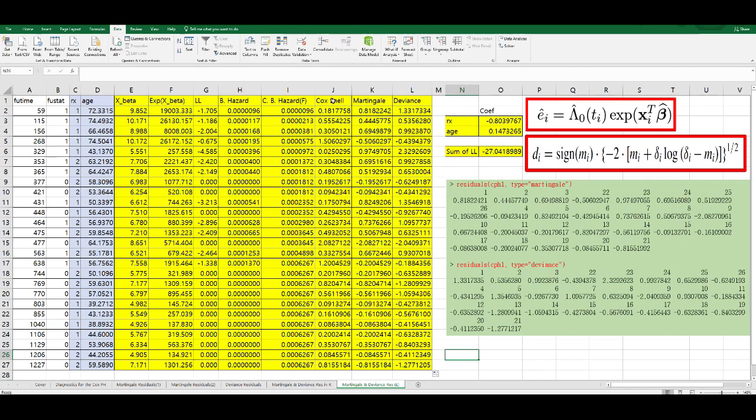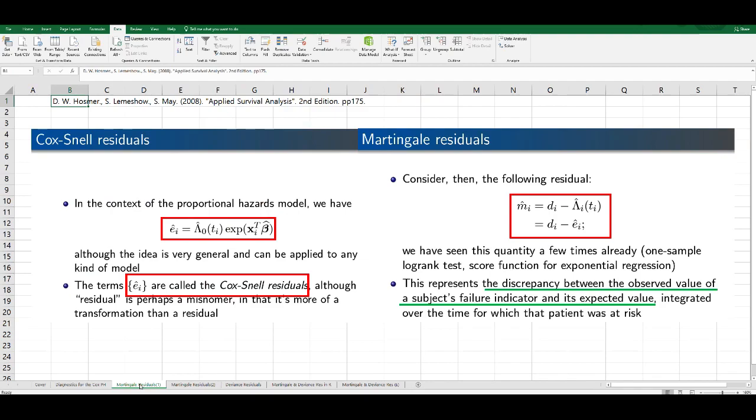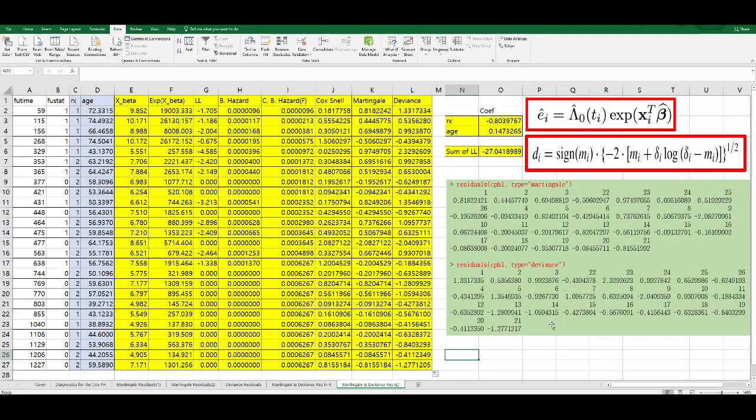So I showed you how to get the martingale residual and deviance residual in Excel. So in summary, the martingale residual is the difference between the observed value of the subject's failure indicator and its expected value. So the martingale residual is 1 minus Cox-Snell, and the deviance residual is to make the martingale residual symmetric, to have a symmetric distribution, right? I hope it was useful to understand how to calculate martingale residuals and deviance residuals in Excel